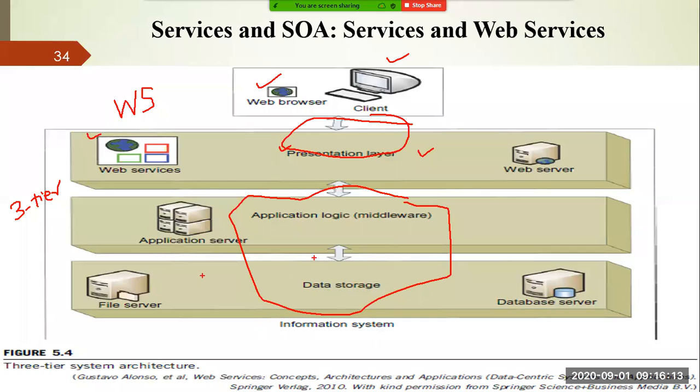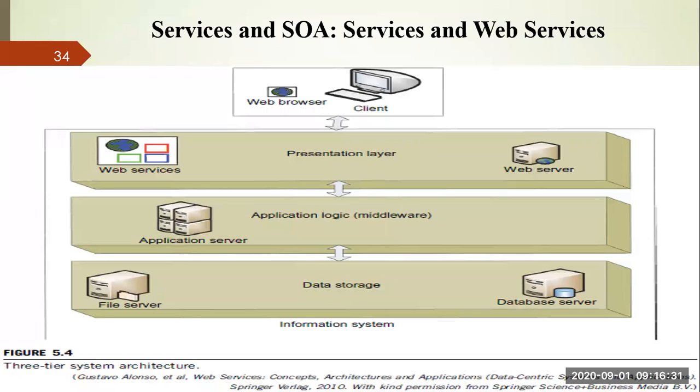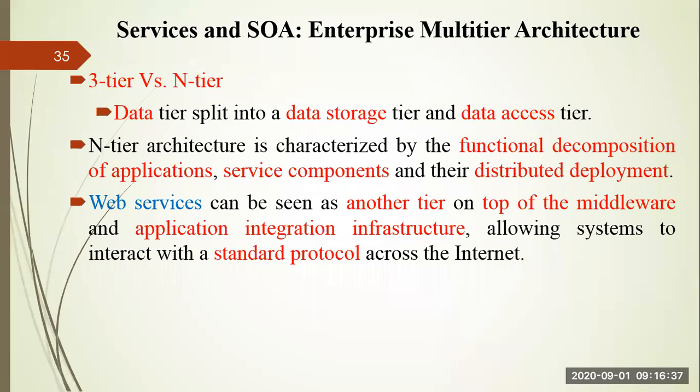Similarly, if you go for some other architecture, such as four-tier architecture, it may happen that the file server or database server is moved to another layer, right? So that you can go for four-tier architecture. Coming back to this three-tier versus n-tier architecture, or you can say four-tier architecture, the data tier is the bottom one, that is the data storage, which has your file server and database server. This data tier is split into two layers. One is the data storage layer, or data storage tier, and the other is the data access tier, right? So now there is another separation. This data storage is now completely divided into two parts, data storage and data access, right? In this way, you can reduce the complexity.